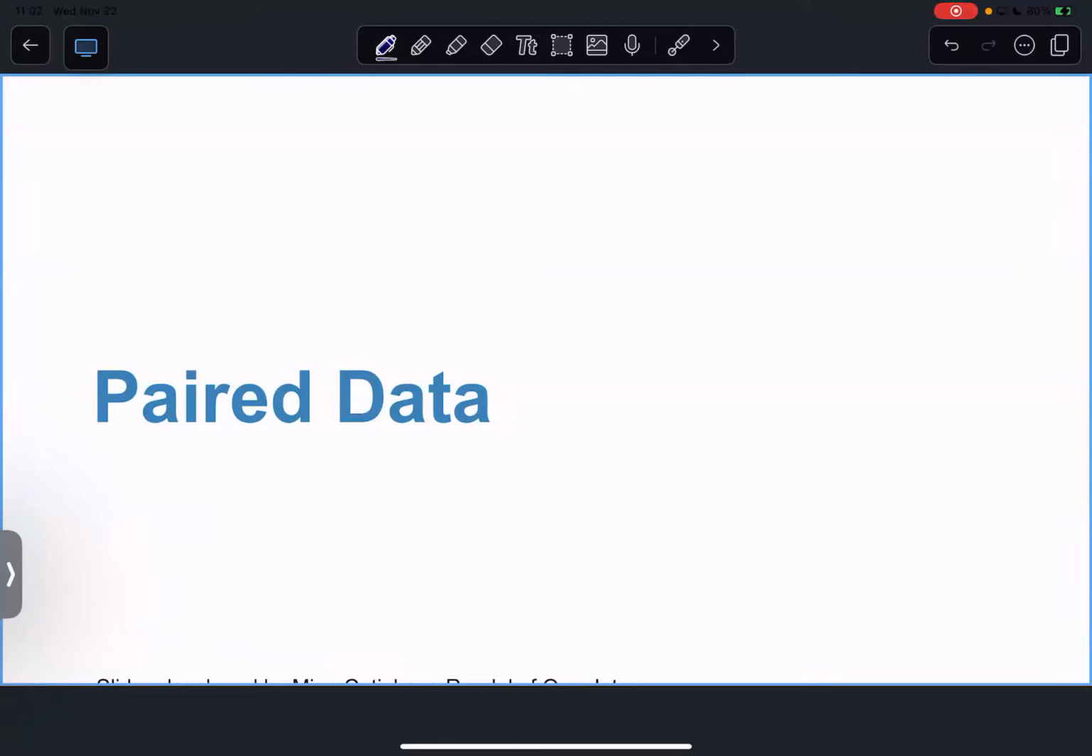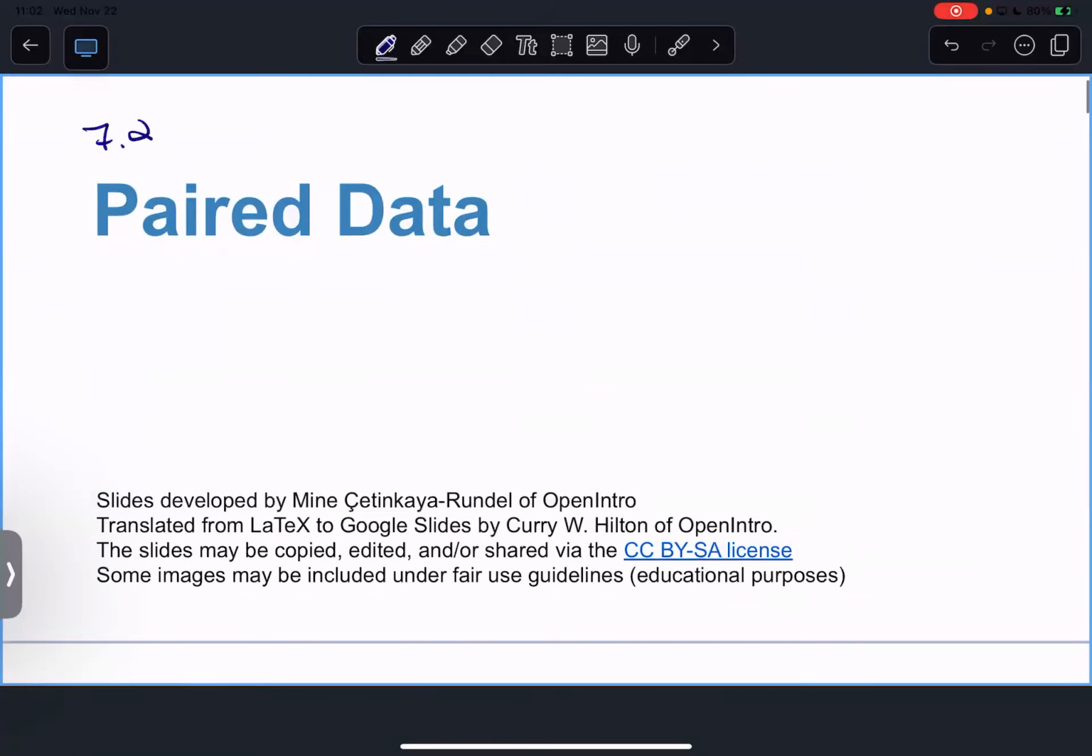Starting a new section, section 7.2, which is going to look a lot like 7.1, where we introduced numerical data last day, and we talked about